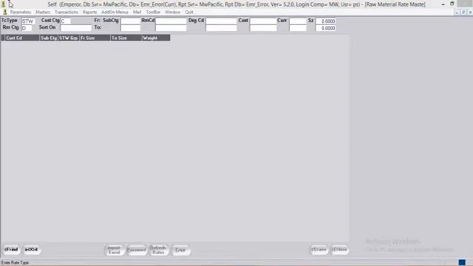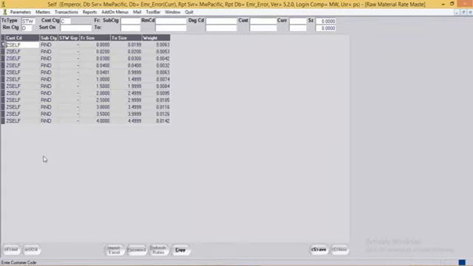The next TC type is STW, that is size to weight chart. The system has the provision to define the weight chart for each raw material subcategory based on the RM size. The chart stores the per piece weight of the given raw material subcategory against a given raw material size. For example, over here, the chart has been defined for customer code Z-self, that is the company itself. As the size to weight chart is not going to vary customer wise, the user needs to mention the customer code as Z-self.